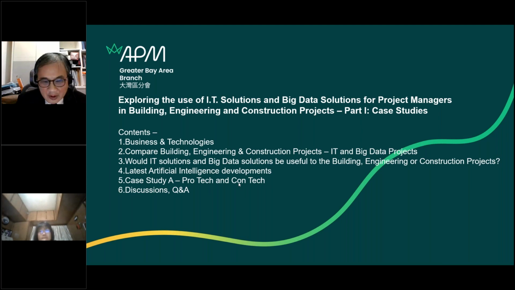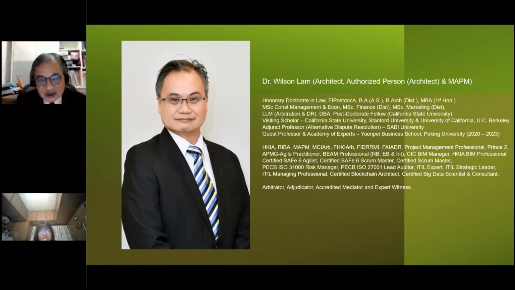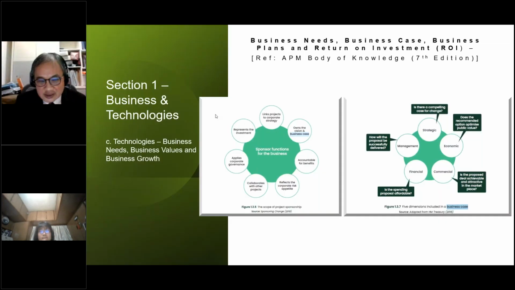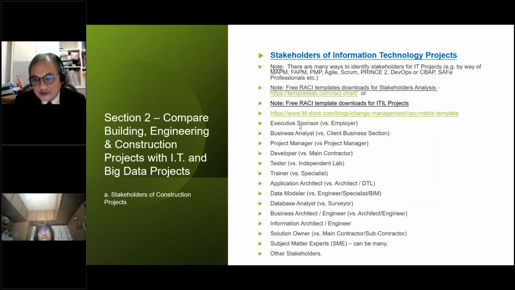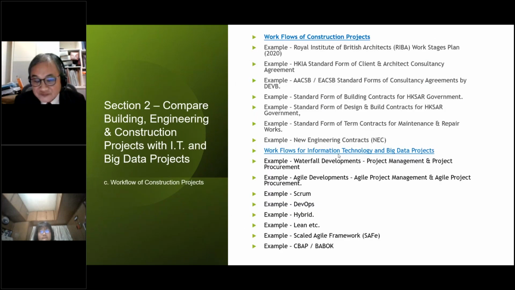Well, I think in the construction sector, the types of the contract and the workflow is very different, because in construction projects we will normally have a project life cycle in terms of number of years.